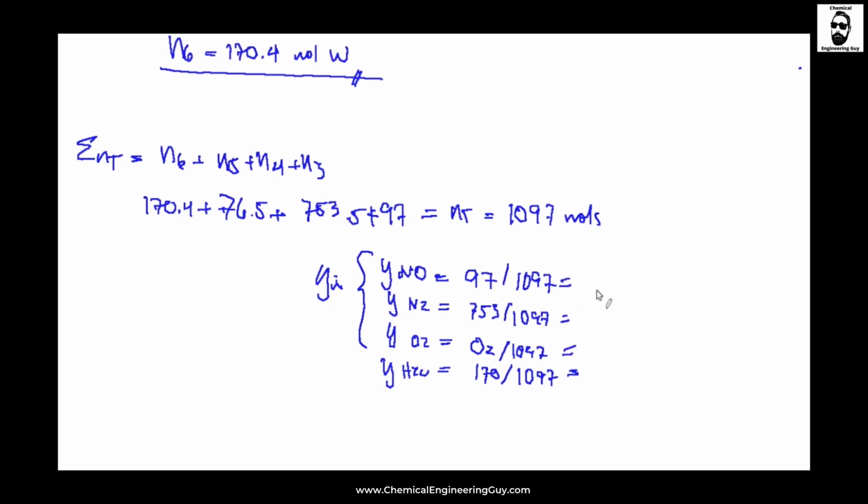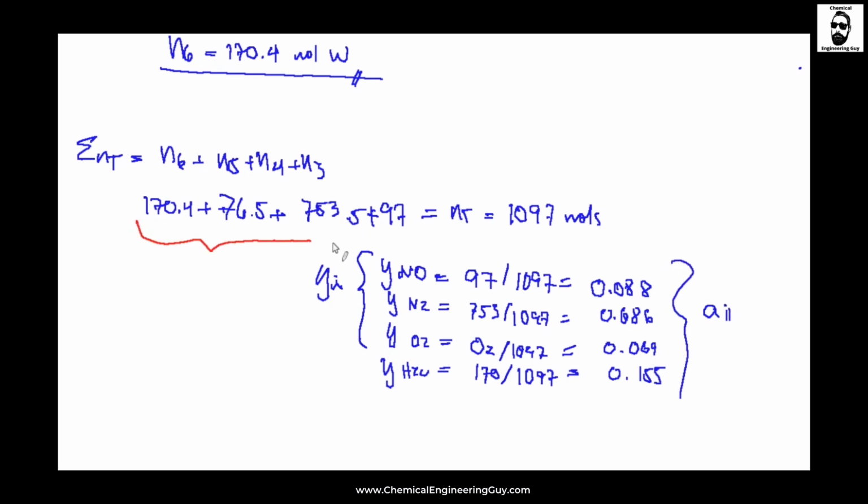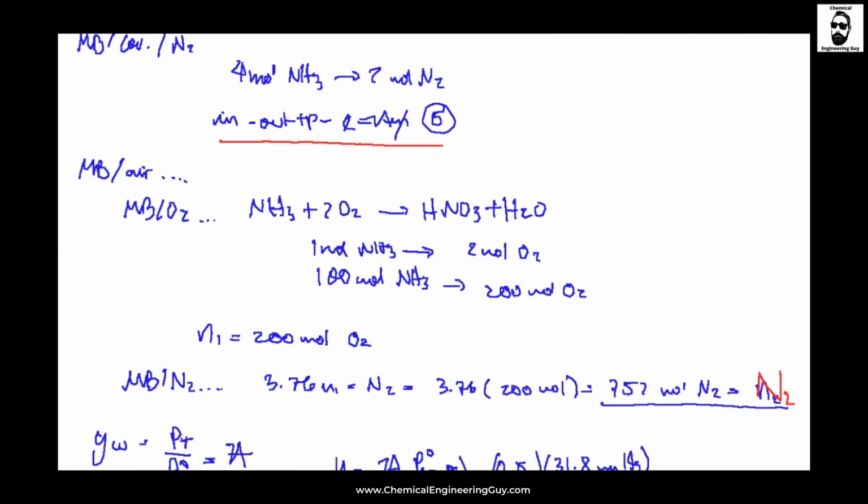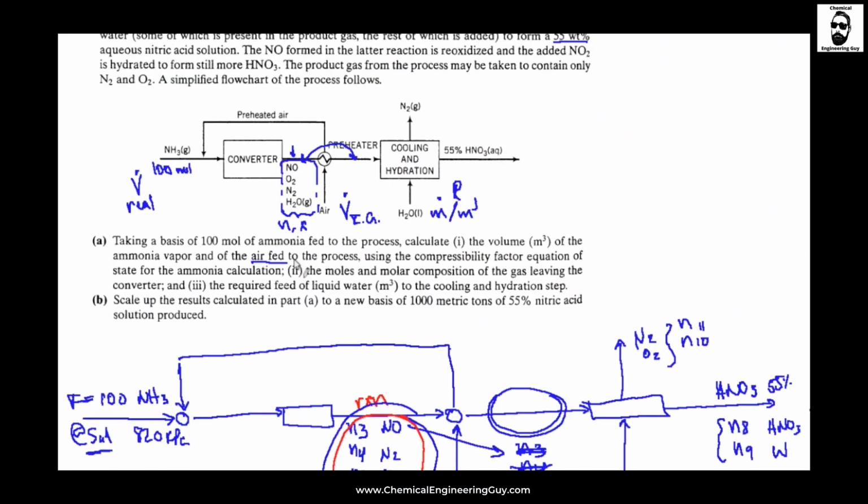And yeah, it's 0.088, 0.686, 0.069, 0.155. So this is letter A2. Your compositions plus all the mole flows here. Just relate here. And you're done with this problem at least at half, I think,